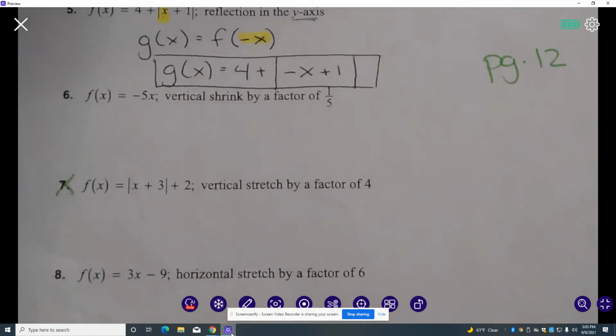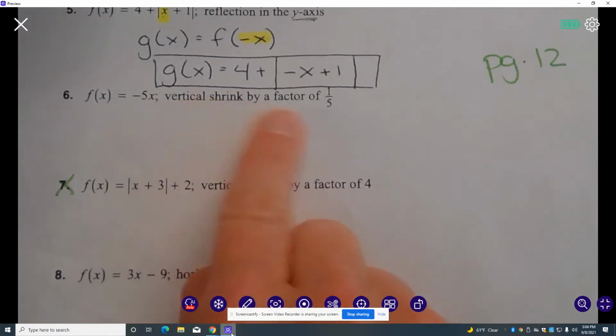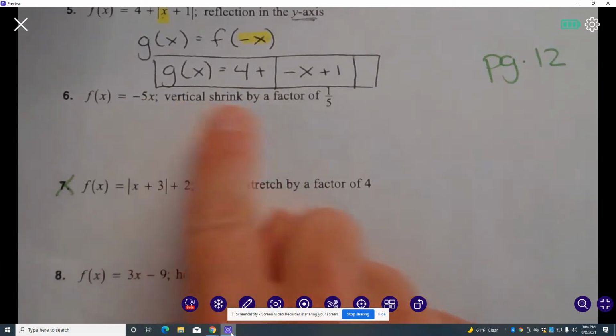In this video, we are on page 12 in our student journals, and we're working through the extra practice in lesson 1.2. The following problems will have us work with vertical and horizontal stretches and shrinks, as well as combinations of transformations. So we're going to work through number 6 first. What they want us to do in number 6 is to write a function g that is the transformation given